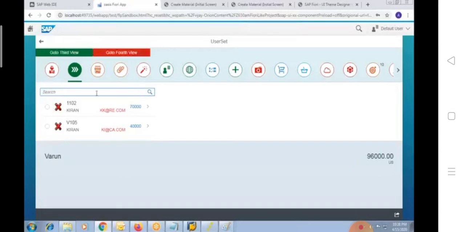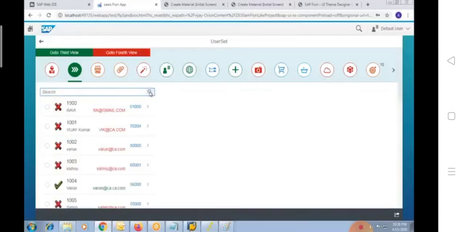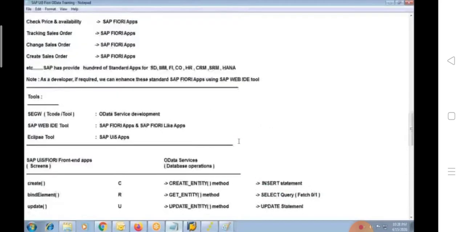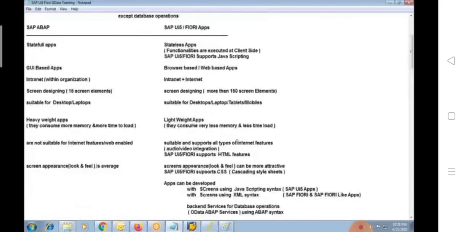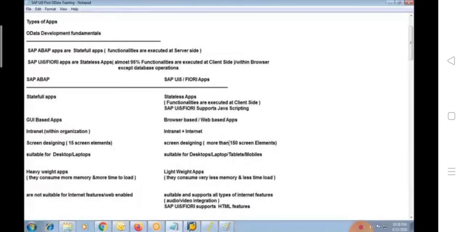And if I don't provide input, then you'll get all records here. So this is a list screen element in this case. So we are going to use all these various screen elements. That's the reason why SAP provides more than 150 screen elements. Most of the screen elements we are going to experience practically in different examples.